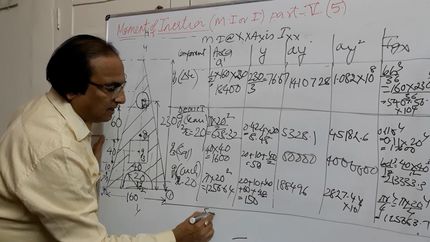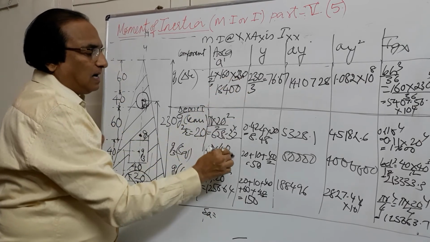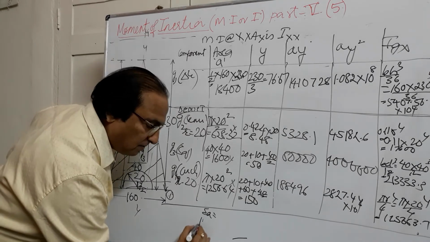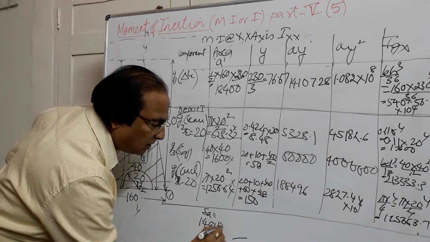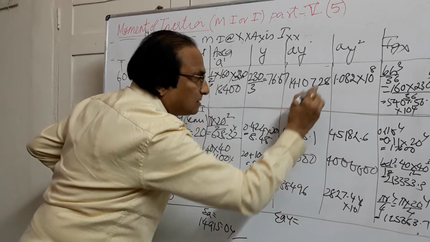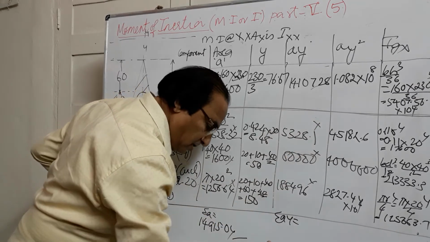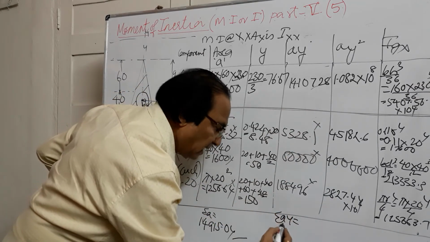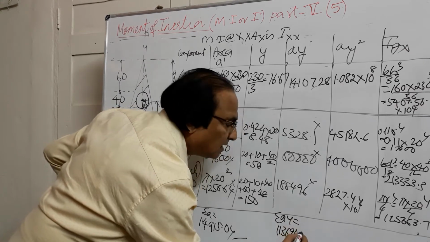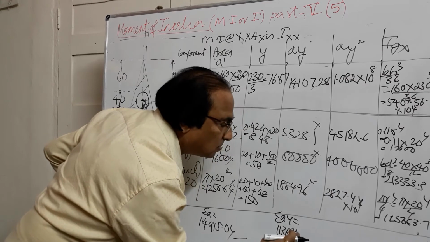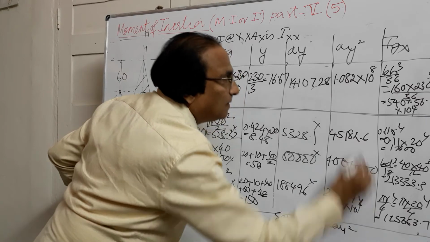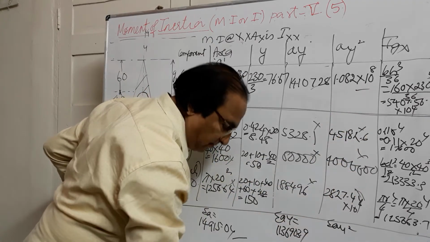Now let us just draw a line. So we will find out sigma A. See, sigma A is this minus minus minus, because these three are the deductions here. If you simplify this, you get 14915.04. Likewise sigma AY, this will be equal to this minus this minus this minus this. You get the value as 113903.9. Likewise sigma AY square, this minus minus minus, if you do that,